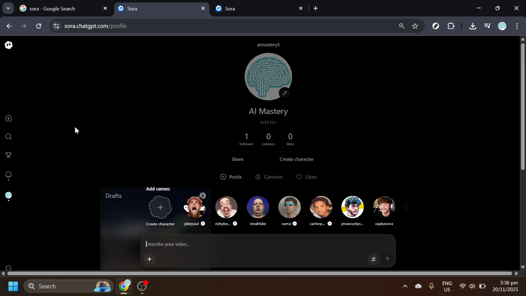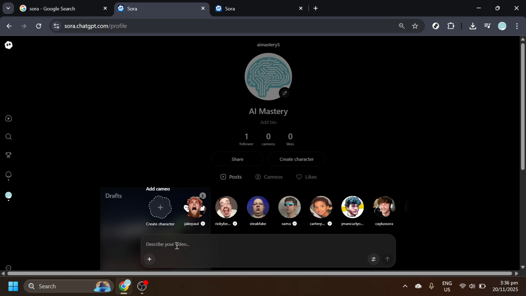Once you're on the SORA site, you'll see a text box where you can write a prompt. A prompt is just a clear description of what you want the AI to create. Think of it like giving directions to a very literal, very powerful video assistant. The more specific you are about the scene, the action, the mood, and any key reactions, the better your results